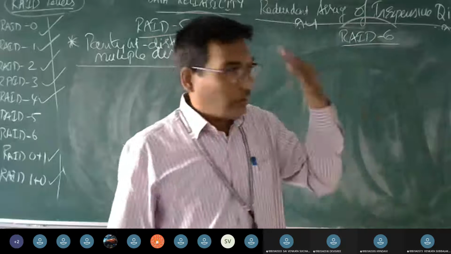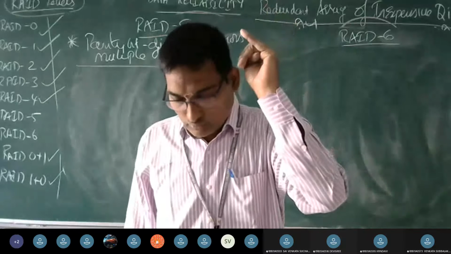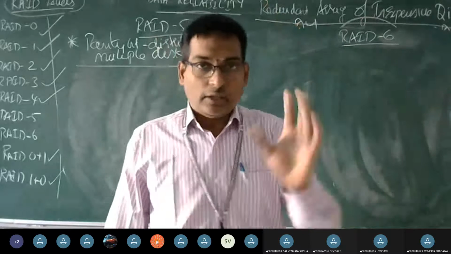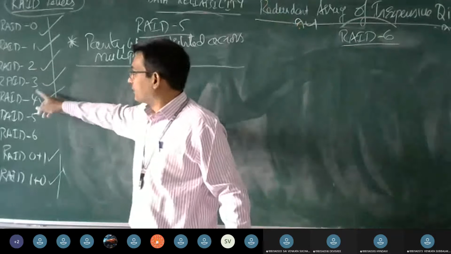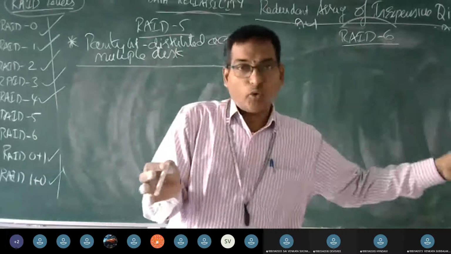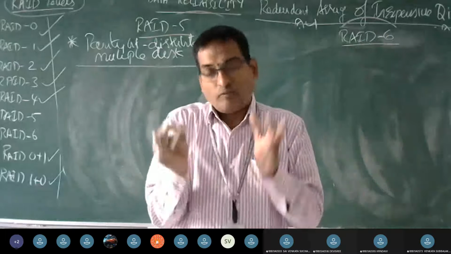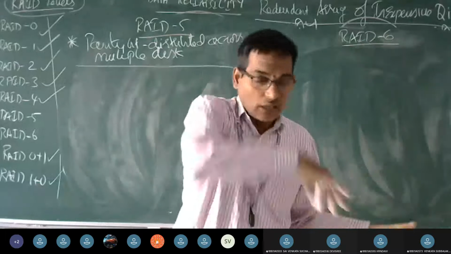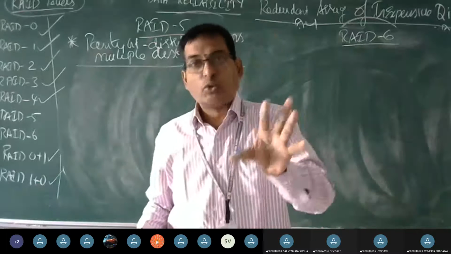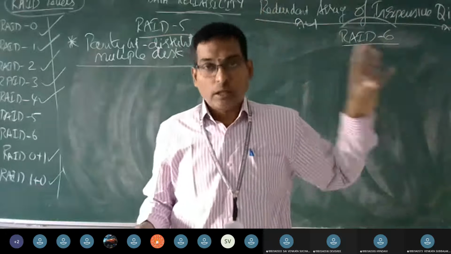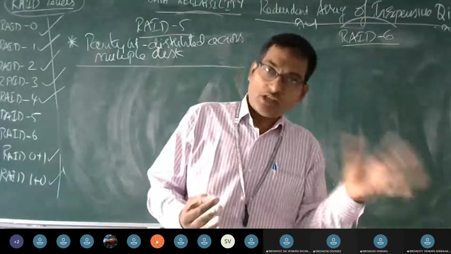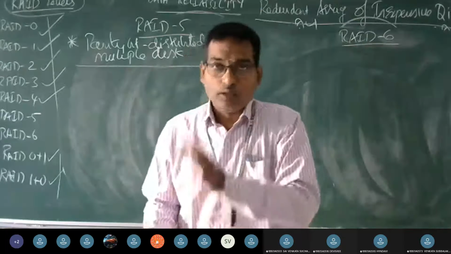In RAID 2, 3, 4, the common thing was always the parity bit at the fourth position, right? In RAID level 2, RAID level 3, RAID level 4, the commonality was that the parity bit is always at the fourth level. So it is not coming at the first position, not at the second, and it is not distributed across the third. So the data was fixed towards the fourth position. Now, a distributed mechanism was applied to the parity, and parity is also going to be moved across multiple disks.